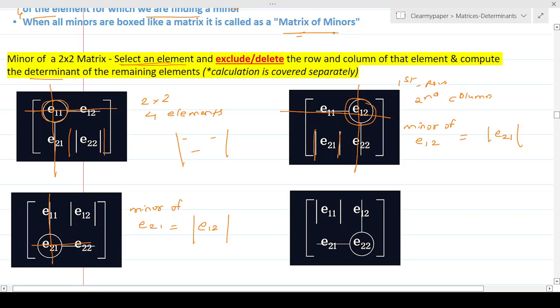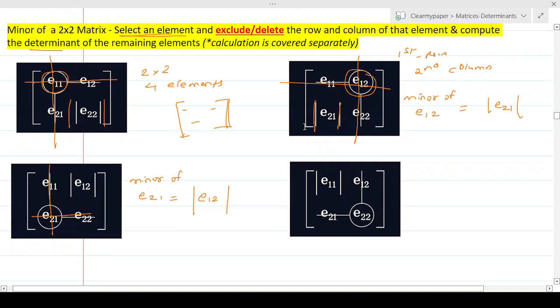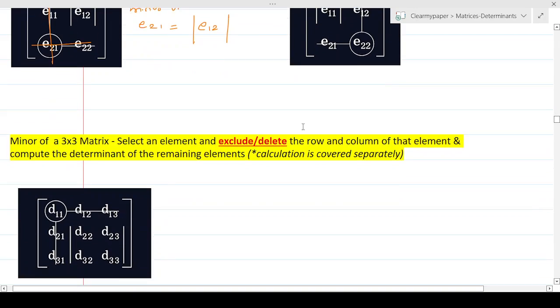You're bringing all the minors together, and when you box them in square brackets, it's called a matrix of minors. That's what it means. Hopefully, going slow on this made it easy to understand, and it'll be clearer when I talk about the 3 by 3 matrix coming up right away.